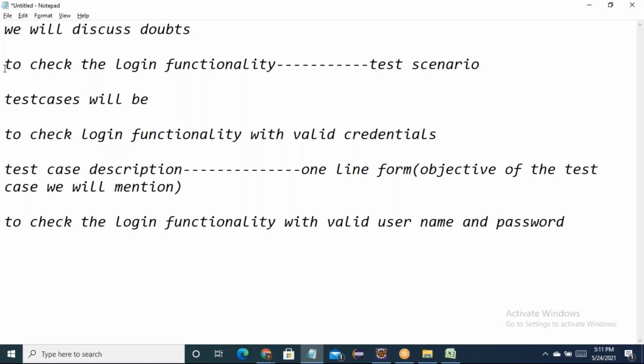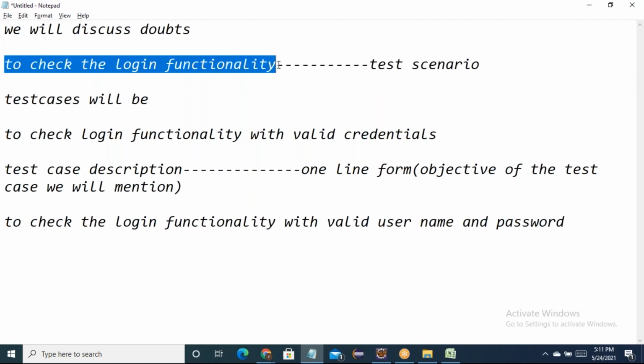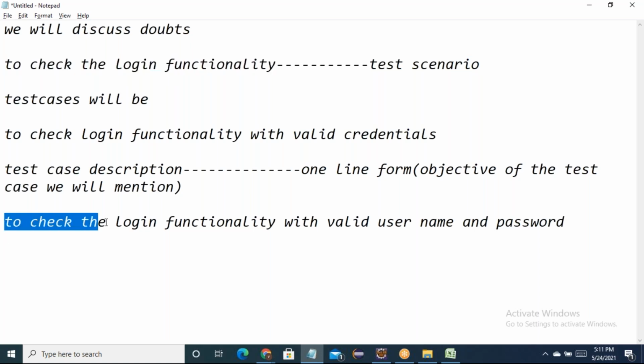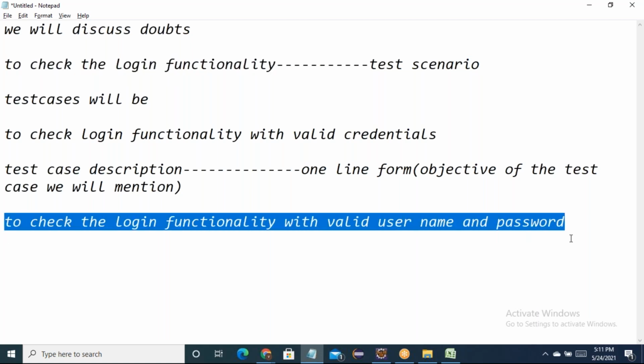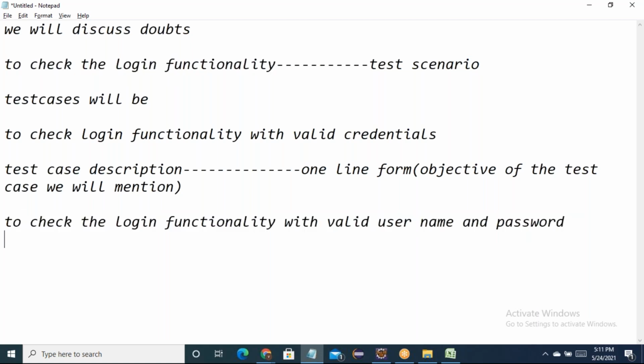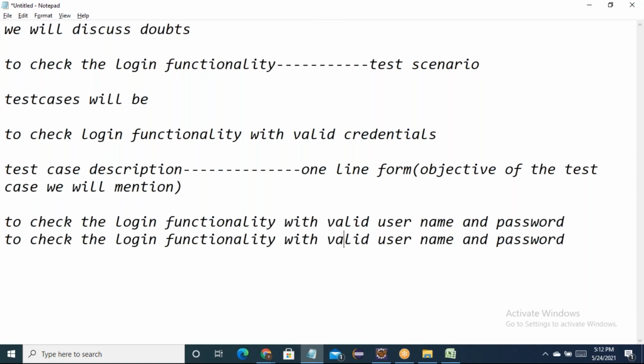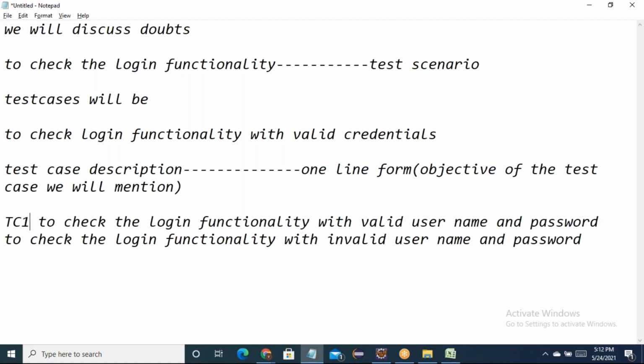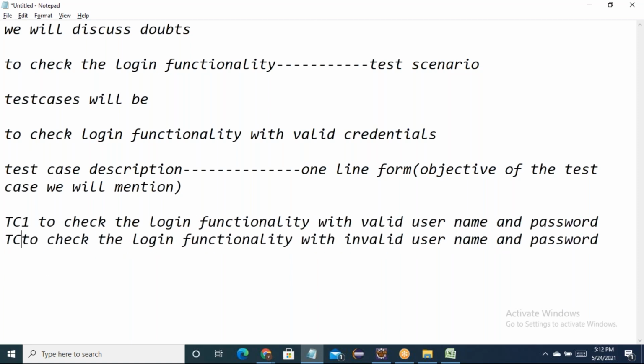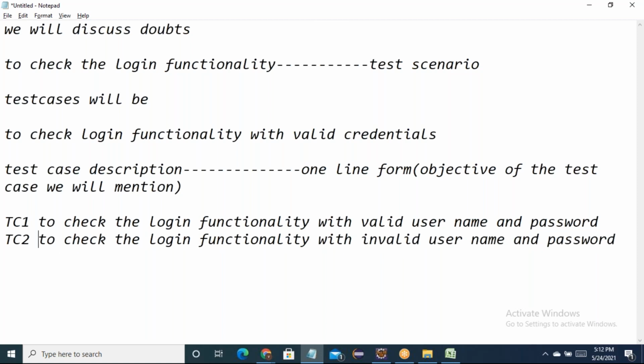राइट, यहाँ पे आप एक चीज देखो कि एक ये सिनेरियो है, अब इस सिनेरियो का एक केस ये बनेगा और दूसरा केस क्या बनेगा? With invalid username and password. ये आपका पहला टेस्ट केस हुआ, ये आपका दूसरा टेस्ट केस हुआ। और हर टेस्ट केस के लिए अलग-अलग स्टेप्स हैं, राइट? बिल्कुल, अलग भी हो सकते हैं, सेम भी हो सकते हैं।